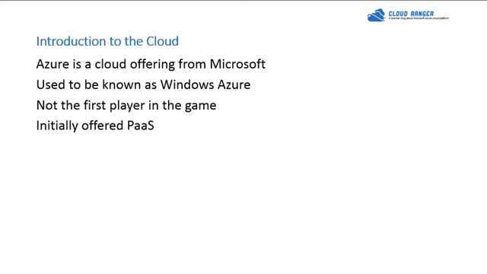When Microsoft came up with their cloud, they did not come with infrastructure as a service. It was initially offered as PaaS, which is Platform as a Service. Microsoft obviously had SaaS because they were running Hotmail or Outlook.com, as it's called right now, and certain services like that. So they were already offering SaaS stuff. But when they came to this whole umbrella of cloud concept, PaaS was something they started with.